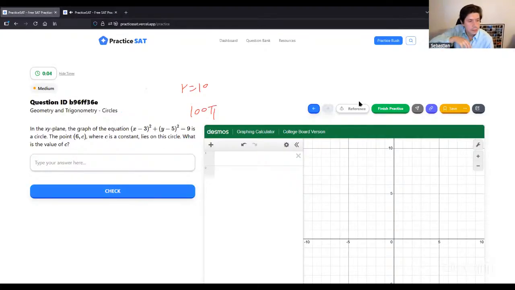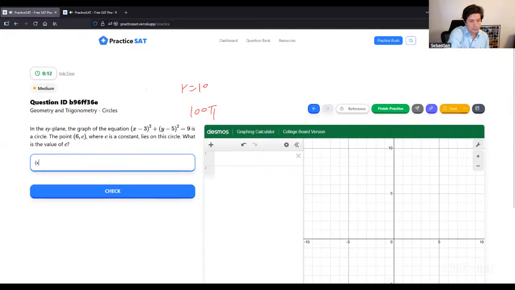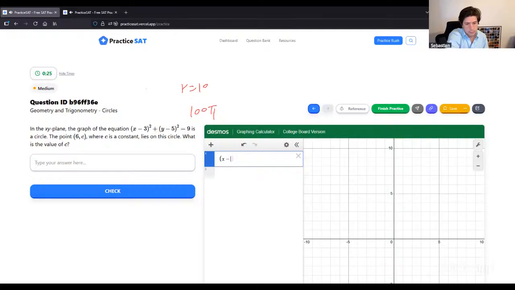Okay, now here in the XY plane is the point 6, C. It lies on the circle. What is the value of C? You could plug in. You could do this a lot of ways. This one's not bad at all. So x minus 3 squared. Oops. No, why am I putting it in here? See, my mind is just all over the place. Squared plus y minus 5